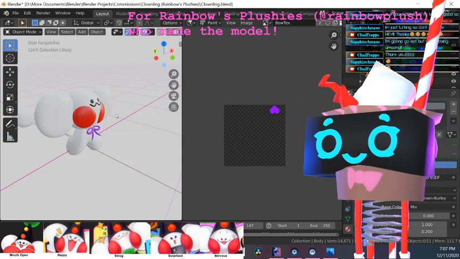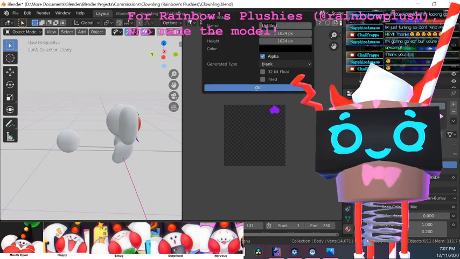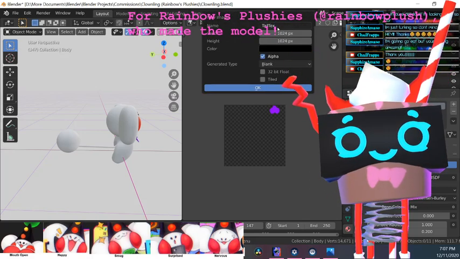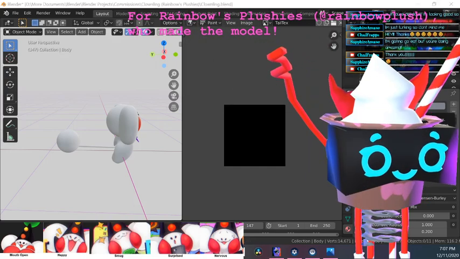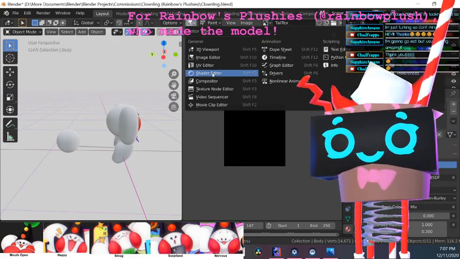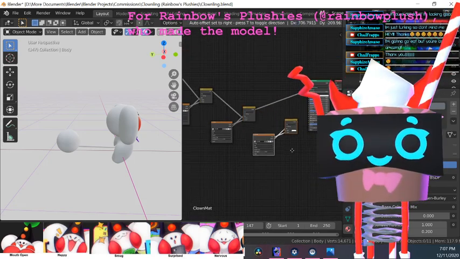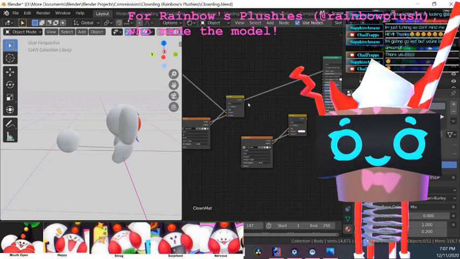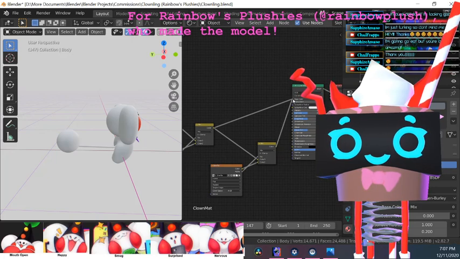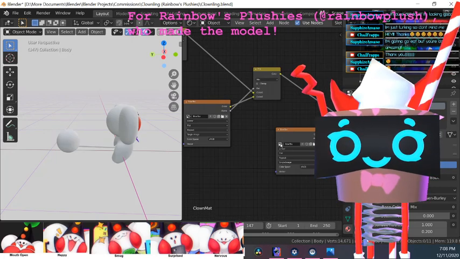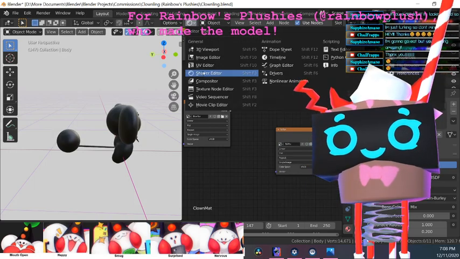Oh wait, not finally. We haven't done the tail yet, so let's do tail. It's going to be tail text, and let's save it first, and then switch to shader editor. Add another one of these, and then mix it in, and then put that over there, and then switch here, tail text, and now we're going to